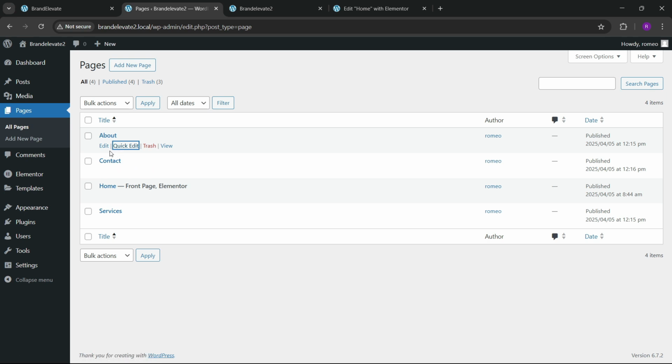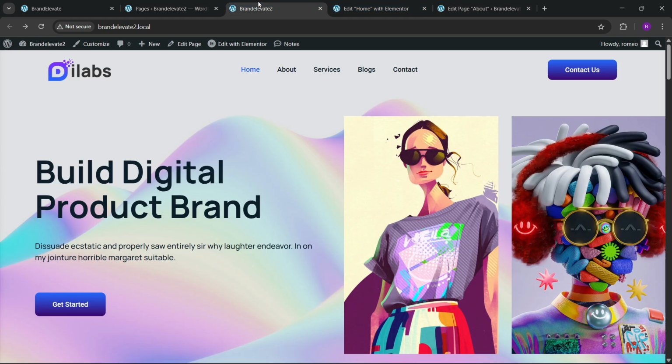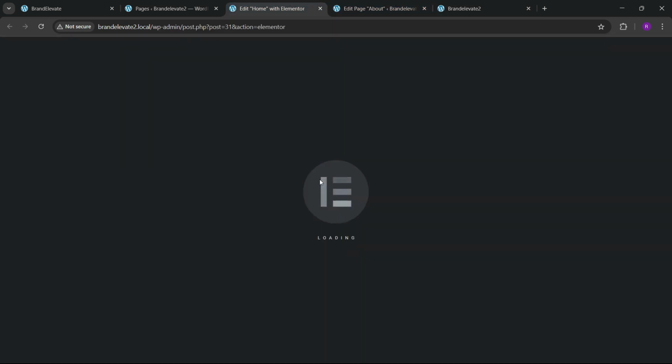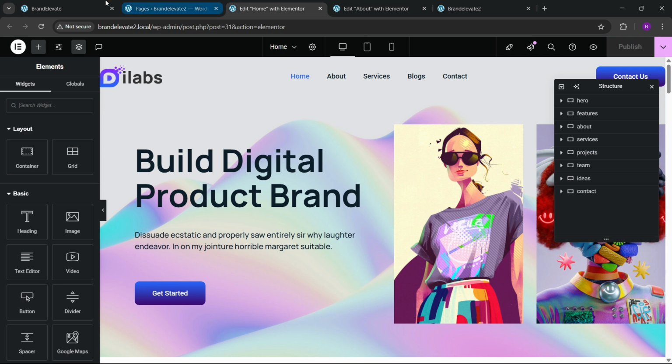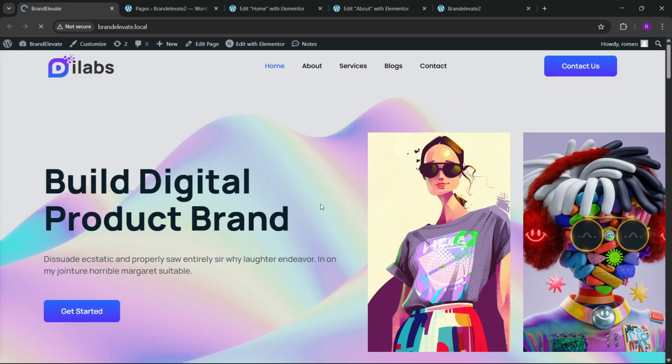You can open that. Okay, we can open that here, and let's keep it at last. Let's keep this also at last. So let's wait for it to open, and here we have this about. Let's open that with Edit with Elementor. Here we have this. So if I go to the old website, if I go to the about page, we